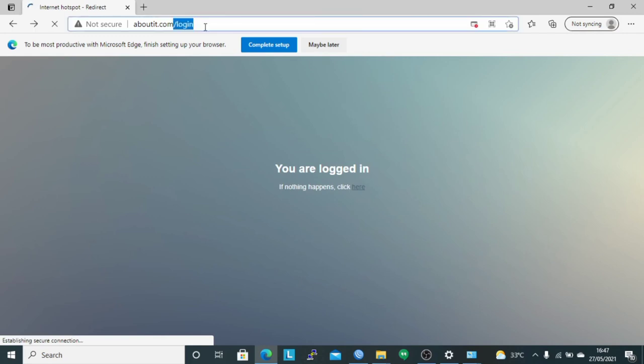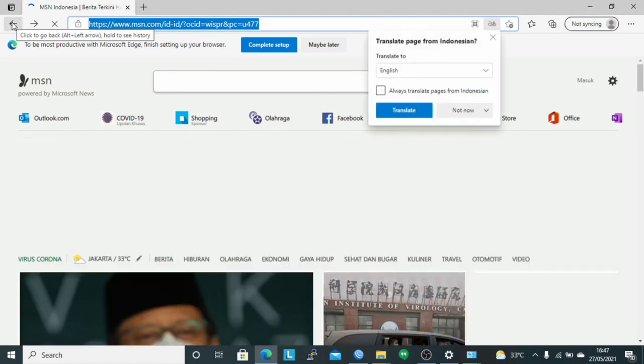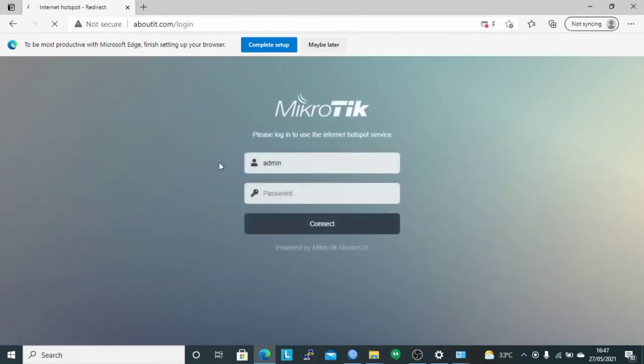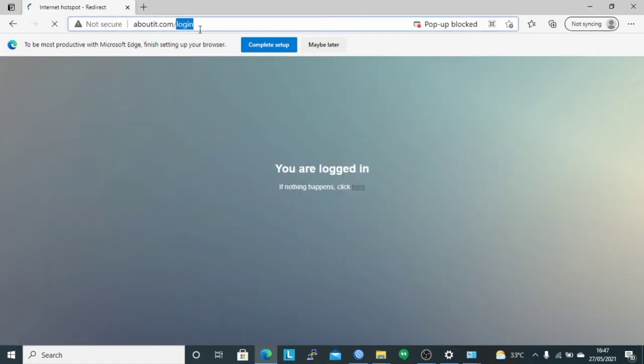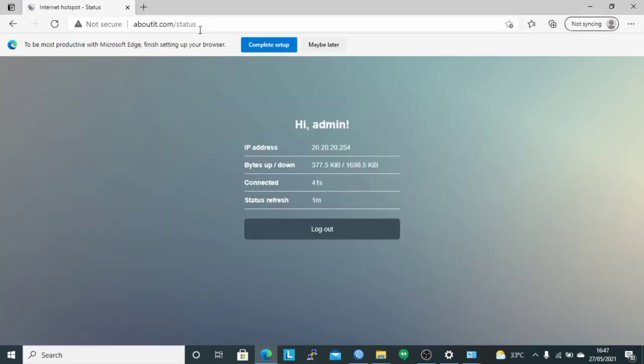To check the IP the client gets, here use the address aboutit.com/status. It can be seen that the client uses the IP address from the hotspot, which is 20.20.20.254.